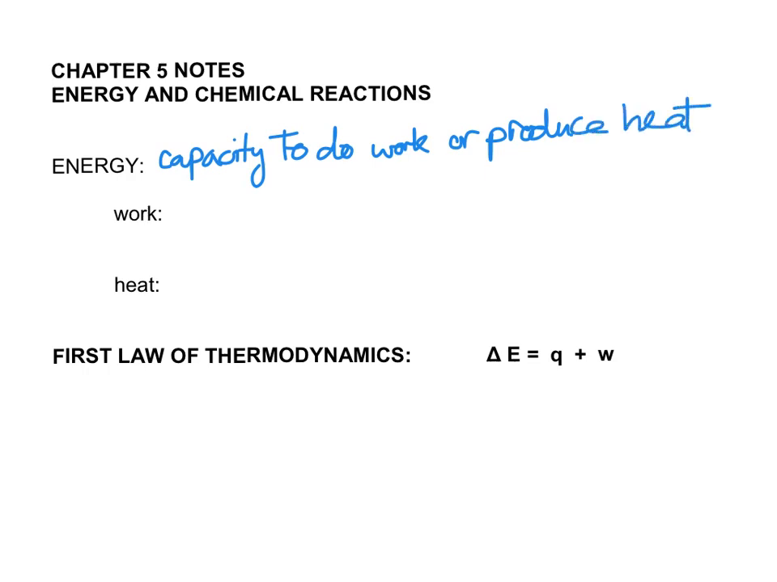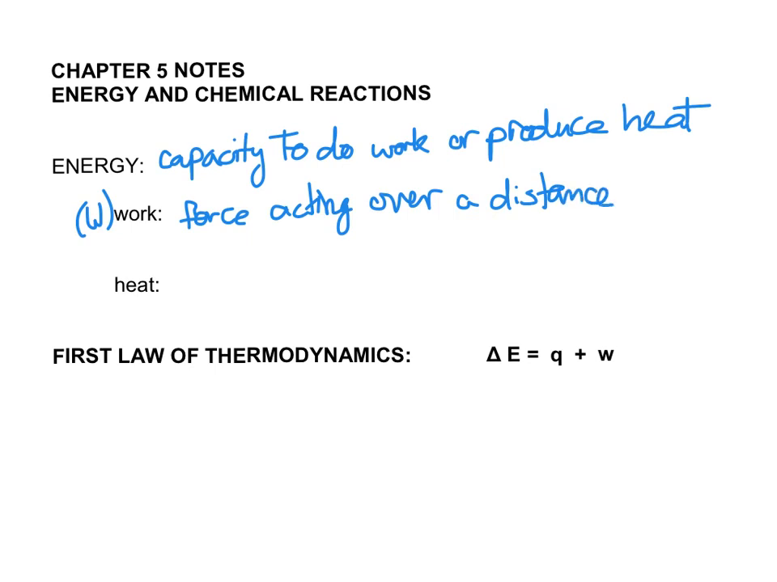And work, which gets the symbol W, is the force acting over a distance. And you probably talked about this in physical science, or if you've taken physics. So if I wanted to calculate work, it's going to be force times distance. And you do not need to use this equation in chemistry, but it is useful just to understand what work